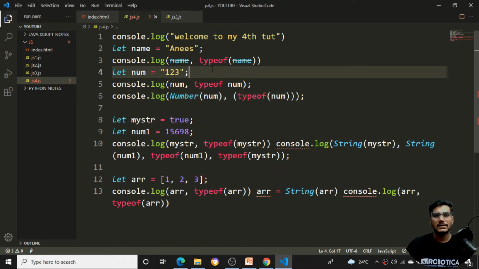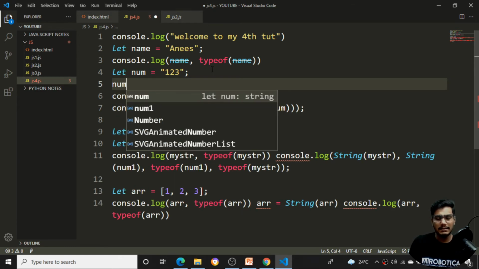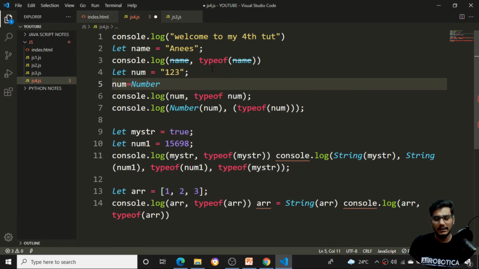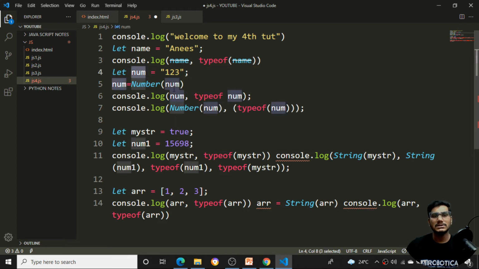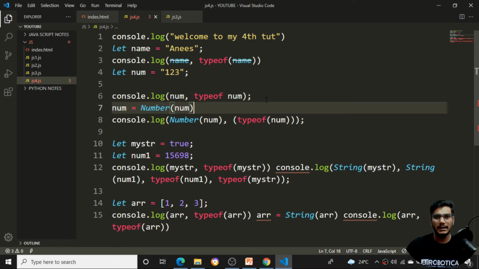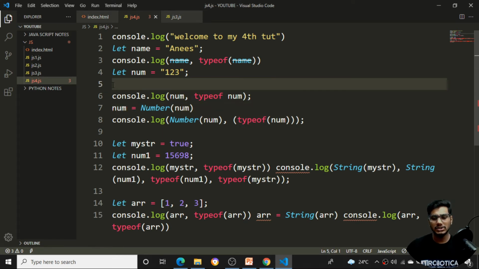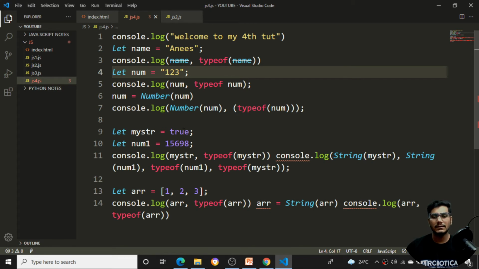Just save it. Now what I'll do here is, I'll say num is equal to, I want to convert everything inside into the number. What I need to pass is this num value. The num value I'm again changing to number. If I try to print the type of number, I'll be getting number here also. Even here itself I'll be getting the type as number. This one I'll try to do after this particular line of code. First let me see what the original value is.